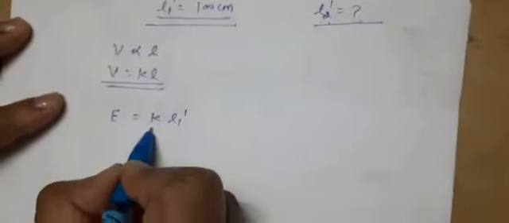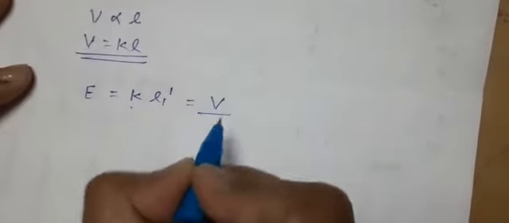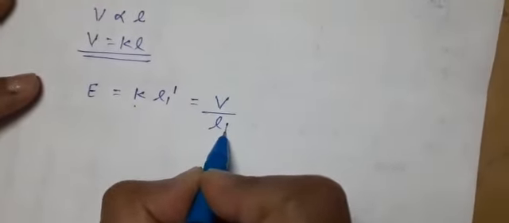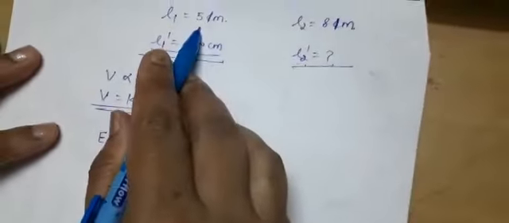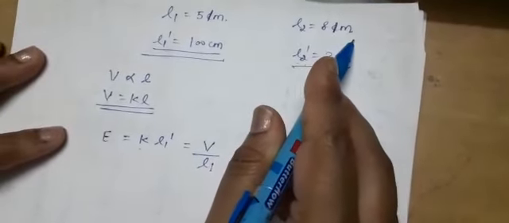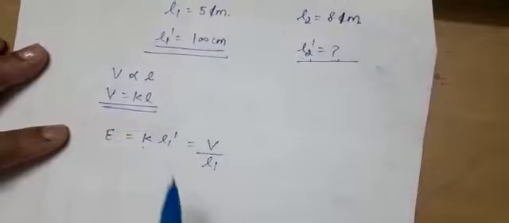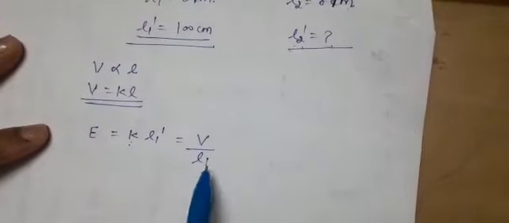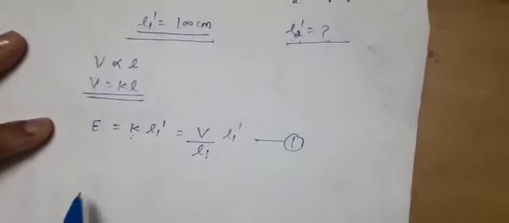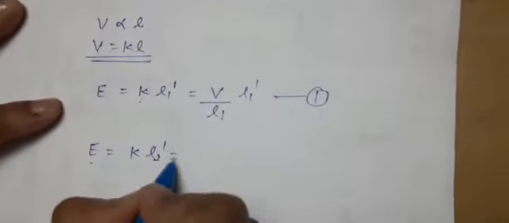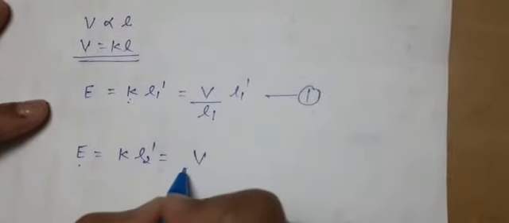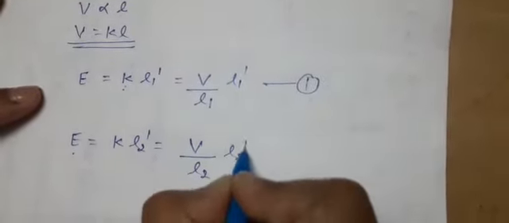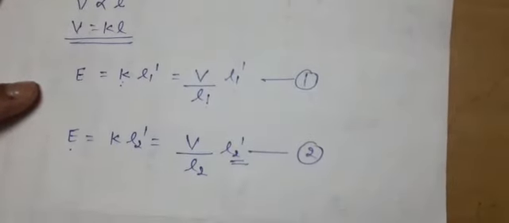If I will put the value of potential gradient, that is potential drop per unit length of the wire, initially length was 5 meter and changed length was 8 meter, and the balancing length was given to be 100 centimeter. So what I have done, substituted the potential gradient as V upon L1 into L1 dash. Now for the same EMF, same battery we are taking, again if we have to change the total length of potentiometer wire, so it will be V upon L2 into L2 dash, where this L2 dash we have to calculate.